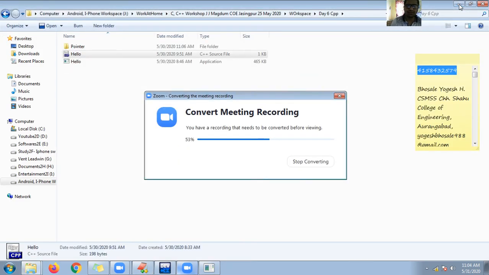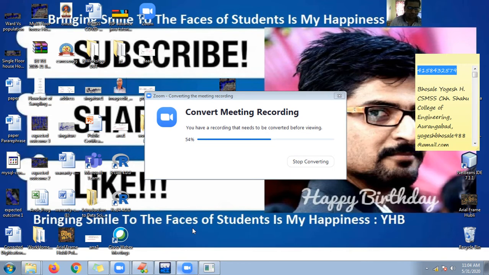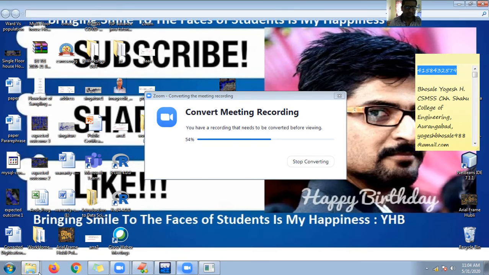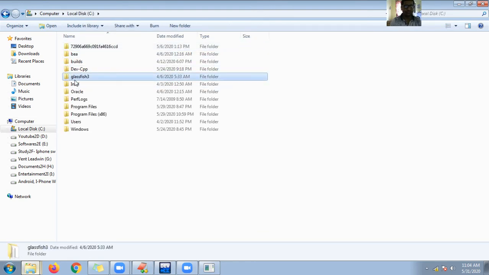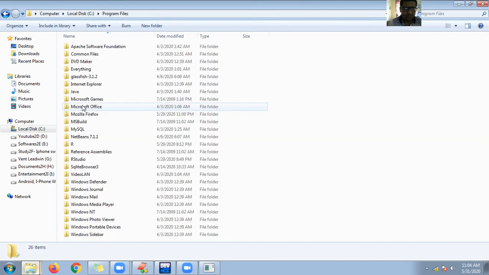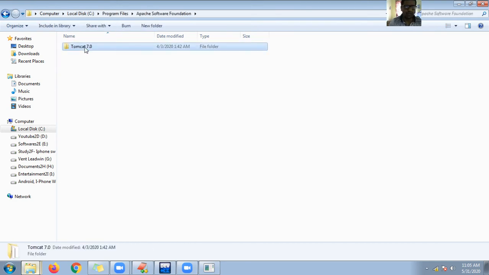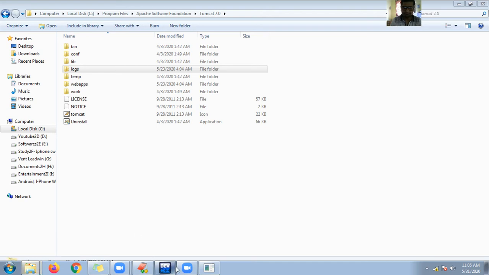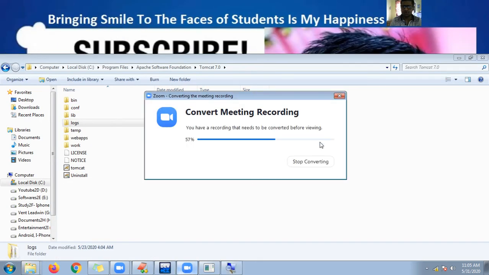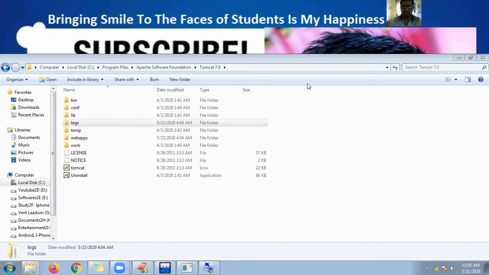So where is my Windows Explorer? Let me open it. Just give me a minute. I'm going into the server. You can see Glassfish. This is the Glassfish server. Let me open the lightweight Tomcat server. I installed multiple servers on my system. Let me go for logs. Can you see here logs? Let me use the magnifier here. Guys, can you see here logs? Yes or no?